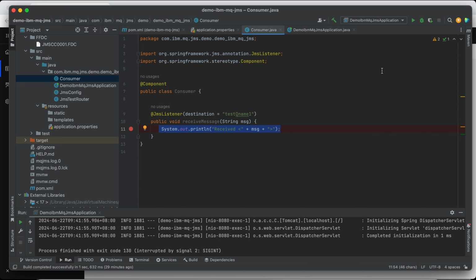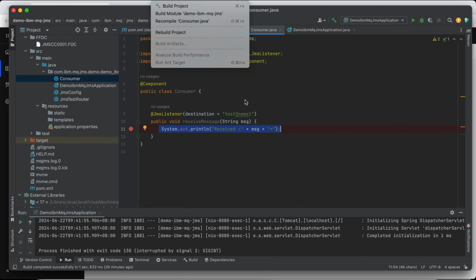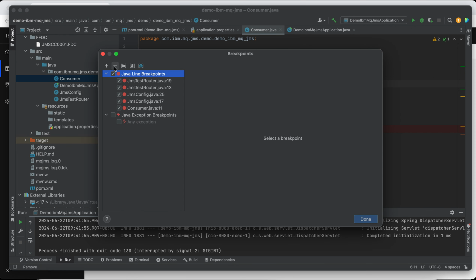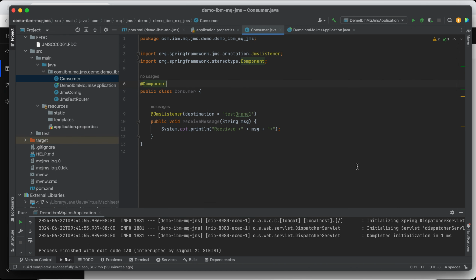Okay, let me run it. Let's first remove the breakpoints, because there's a lot of breakpoints here. Now we want to verify this particular line. Okay, so let's run it.